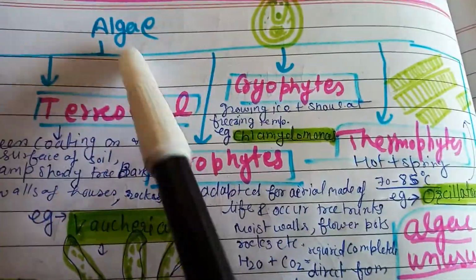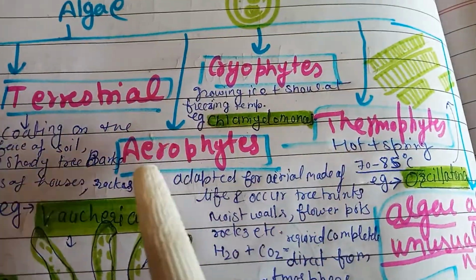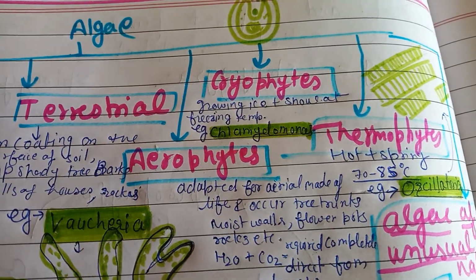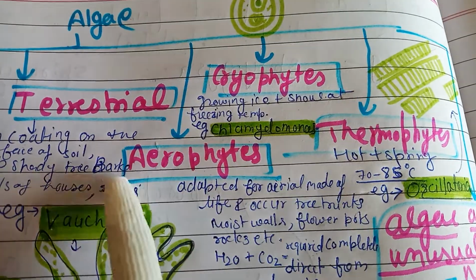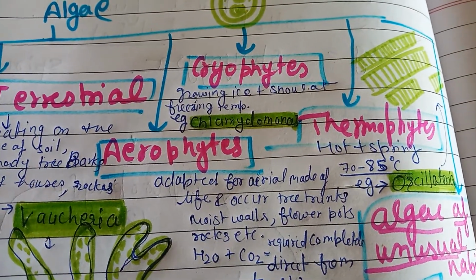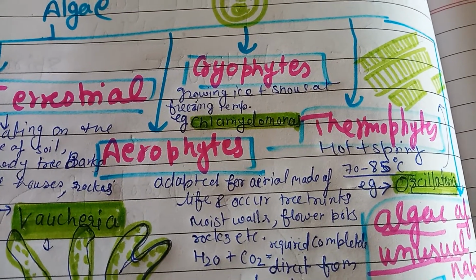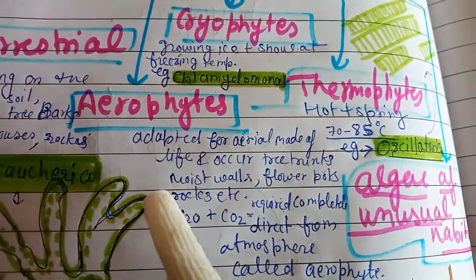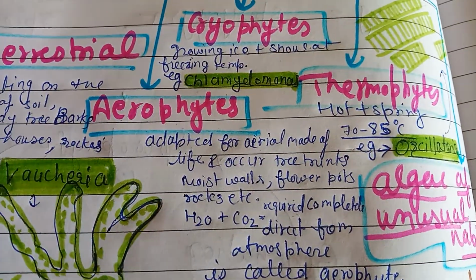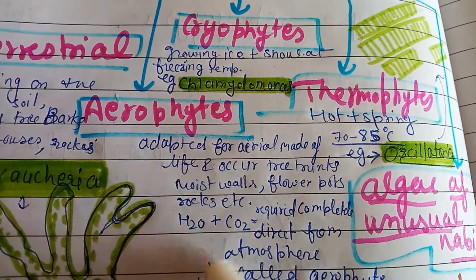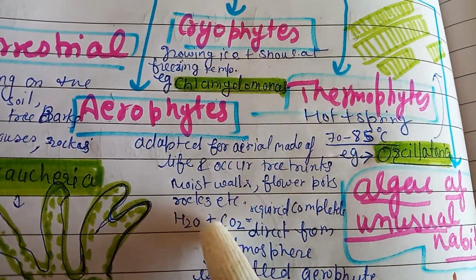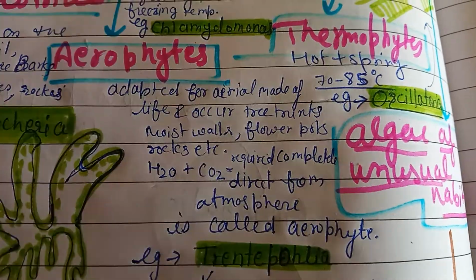And aerophytes. Aerophytes are those algae that adapt the aerial mode of life and occur on the tree trunk, moist wall, and flower pots, etc. In these places they grow. Water and carbon dioxide are required to complete their life cycle, and they directly take water and carbon dioxide from the atmosphere, and this is called